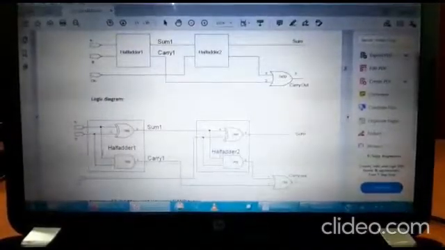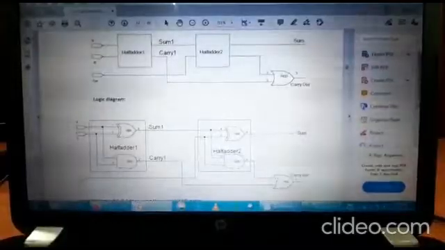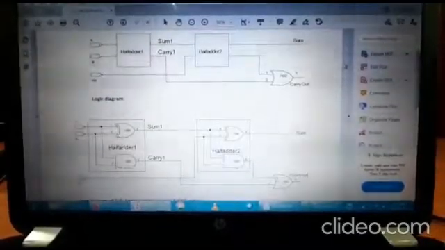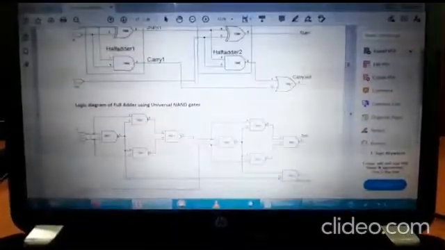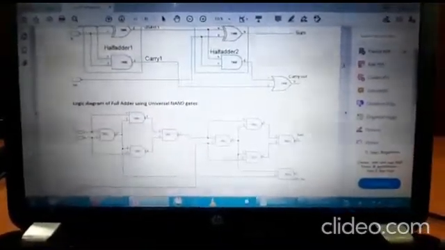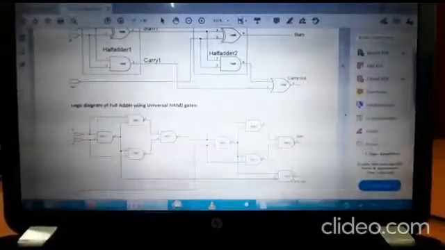So this is the same circuit, the first circuit we already saw for the half adder. So we'll have two half adders here, and then at the output side, while generating the carry, you are going to have an OR gate. In a similar fashion, we have seen how we use 5 NAND gates in order to implement the half adder using only NAND gates.